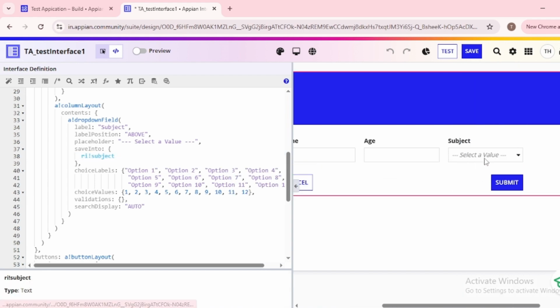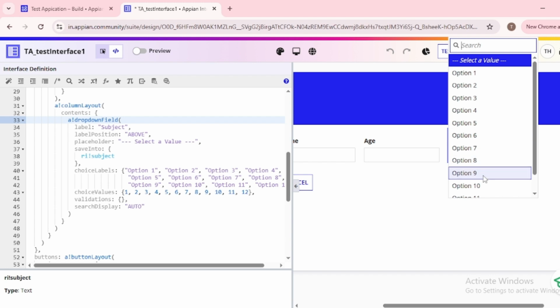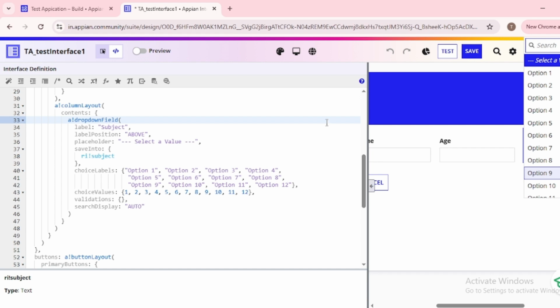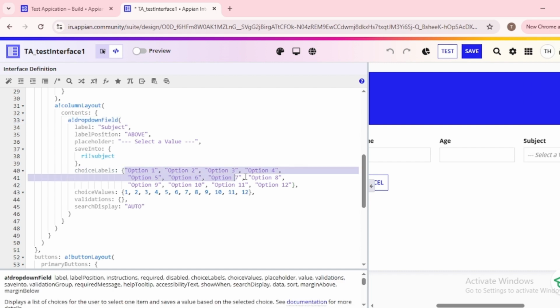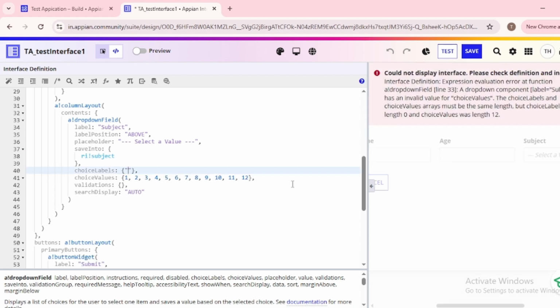Now we can see here the drop down values are option 1, option 2 like that. We need to change these values since our heading of this drop down is subject, so we will give the name in some meaningful subject names. We will delete those. Let's say I'm giving name as English, then Hindi, then maths,